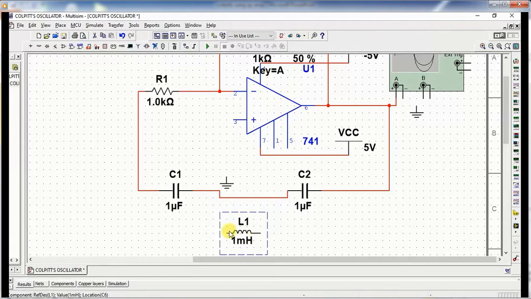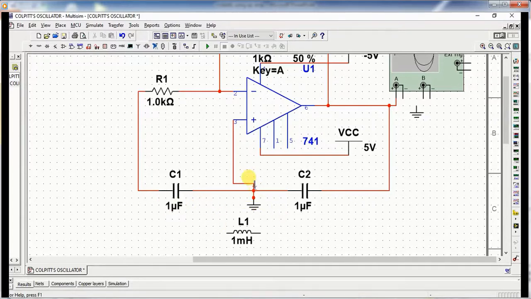One terminal you can connect to the ground terminal, so you can connect this ground terminal like this, or adjust the position also. And here the non-inverting terminal is grounded, you can connect it like this.